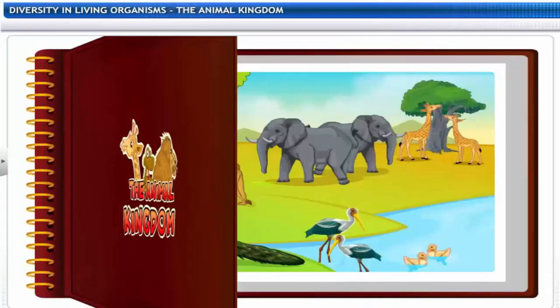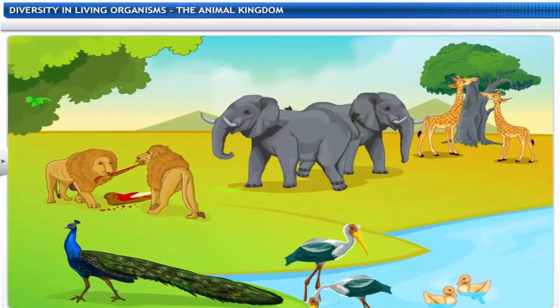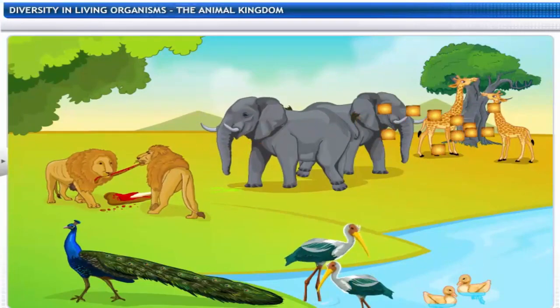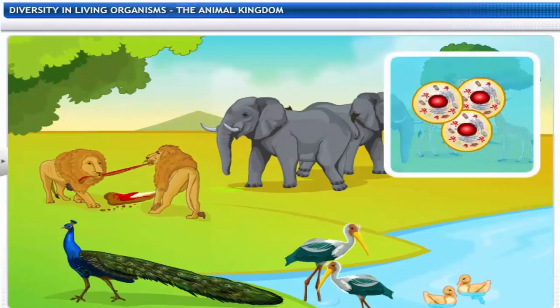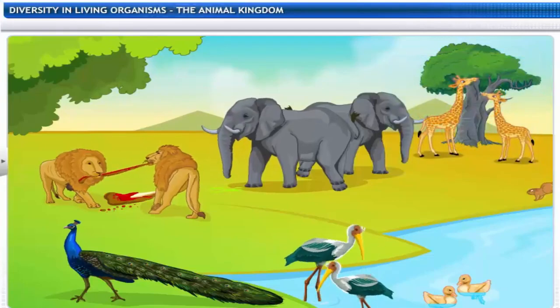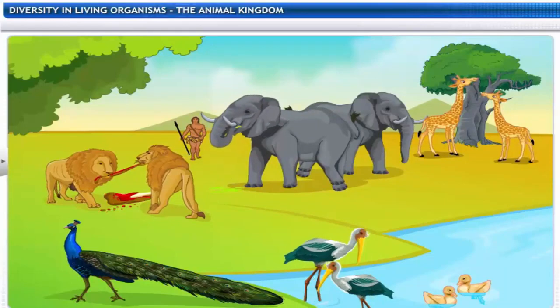The animal kingdom, or kingdom Animalia, as it's biologically known, is the largest kingdom in terms of its diversity in species. This kingdom includes organisms having cells without cell walls, as well as those that are heterotrophic, multicellular, and eukaryotic. Most of these animals can move around on their own. Human beings are included in this kingdom.